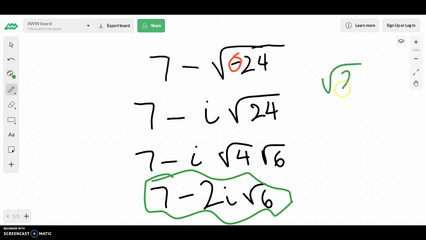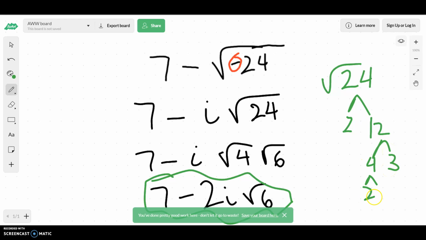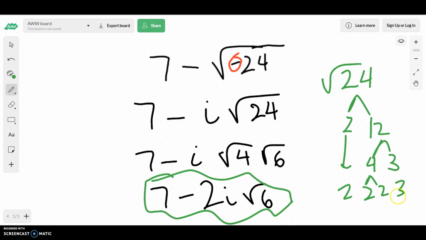The other way you can do this from before is, I know some people used to make the trees, where you'd say that's like 2 and 12, and that's like 4 and 3, and that's like 2 and 2. So if you remember the factor trees, I got a pair here, so that's like 2 squared times 2 times 3, and a square root cancels that, and then the other one's left over with 6. I think this way is a little bit more natural, but if that's the way you did it from before,